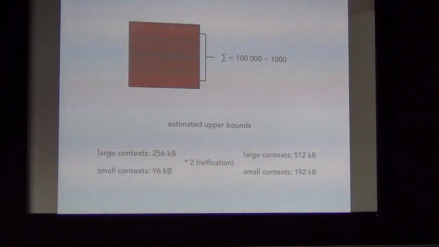I have to multiply by 2 here because the virtual machine does not use real contexts all the time. But when you copy them, you have to create new instances. So actually you sometimes create 2 instances. But that's not really important. The important thing is that memory consumption for these extra contexts is actually not relevant when you put it in perspective to the rest of the memory that you use for large